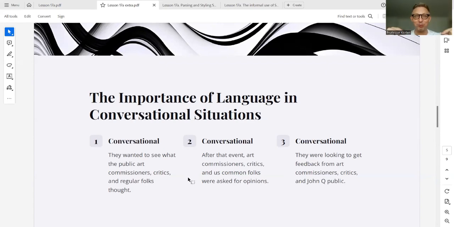Now, here's what I'd like you to do. This is your assignment right now: look at these and tell me, do you notice any differences? Anything that stands out in the conversational ones, either as a conversational register or between them as a comparison? So go for it. Take a look. Pause the video. I'm not going to wait. Pause the video and then you can restart it. So let's read them and I'll talk about the differences.